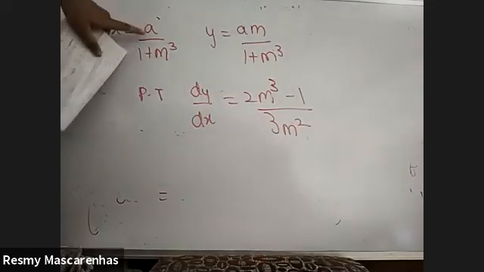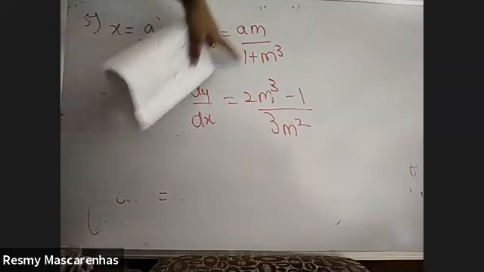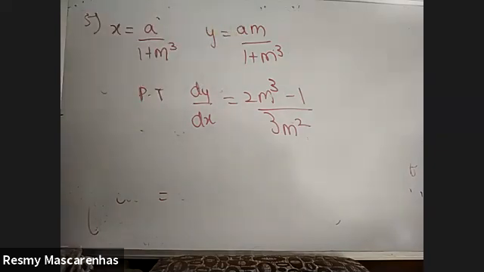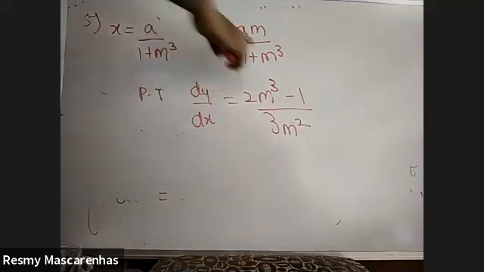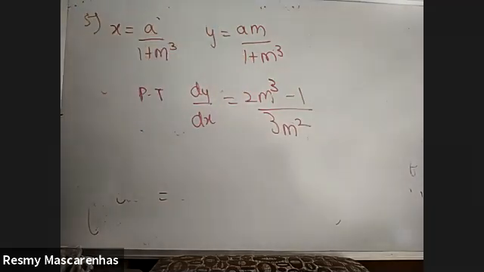You can use the u upon v rule: v into derivative of u minus u into derivative of v over v square. Okay, both the places you can use that and find dx upon dm. Same way dy upon dm, and then this answer, the second answer upon the first. You can try. Those who cannot, I will do it in the next class. I'll try to solve it at the start. Okay, so later you just take attendance.